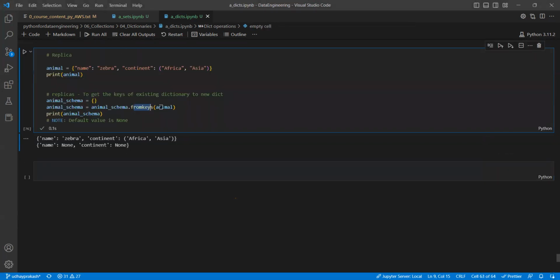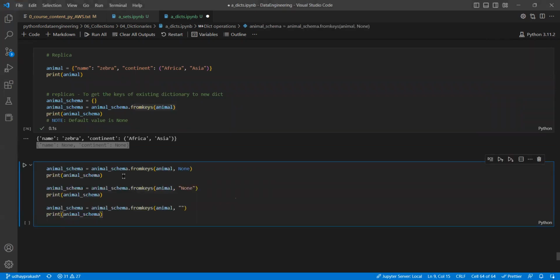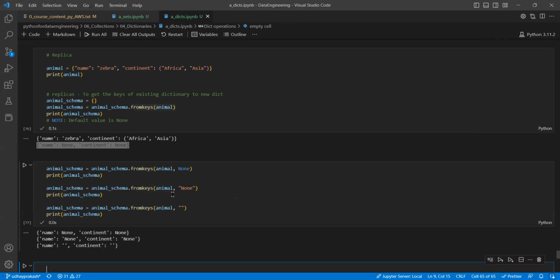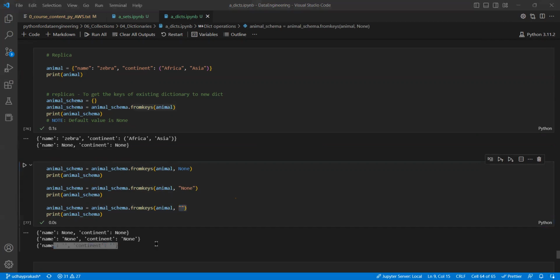If I use fromkeys, I will exactly create the same dictionary, means keys will be the same, but values will be none. So same like what you have seen till now, we can specify what should be the default values. Means when you have a template dictionary, from that if you want to create a dictionary with some values by default, you can give. See, in the third case I made the default a string, I got it like this. So like that